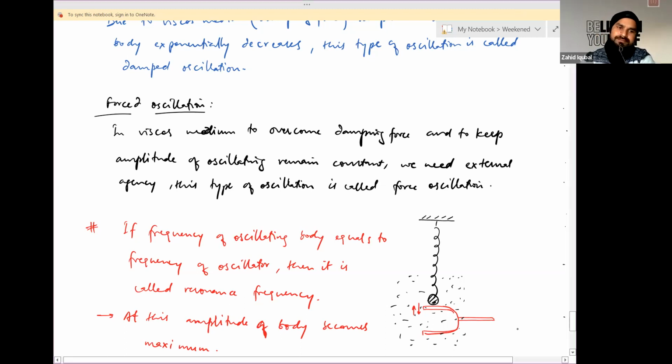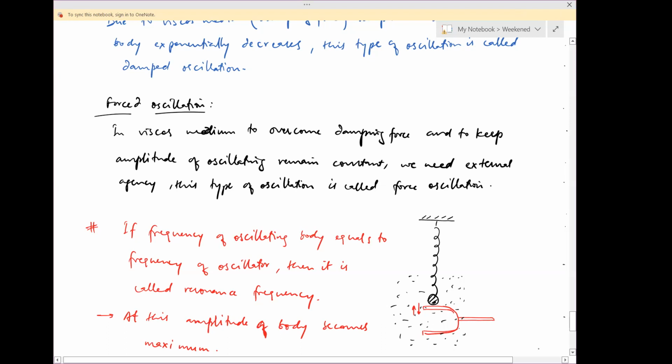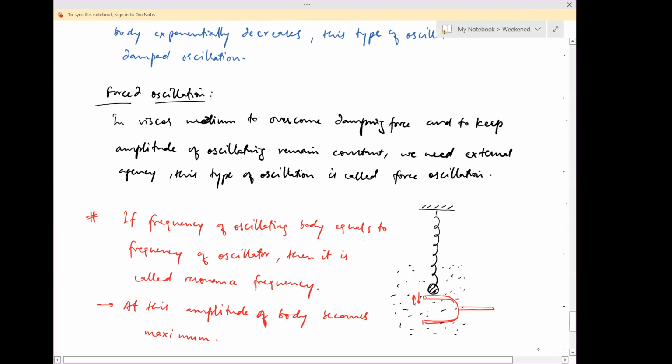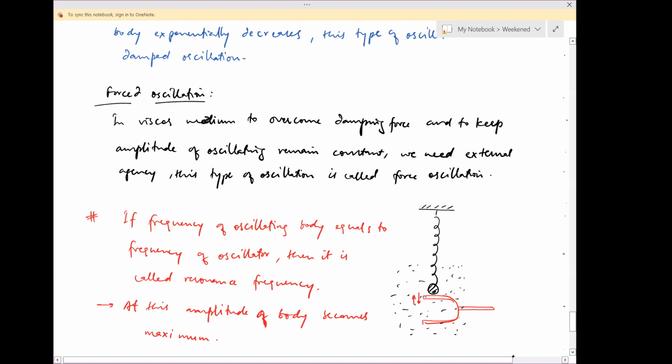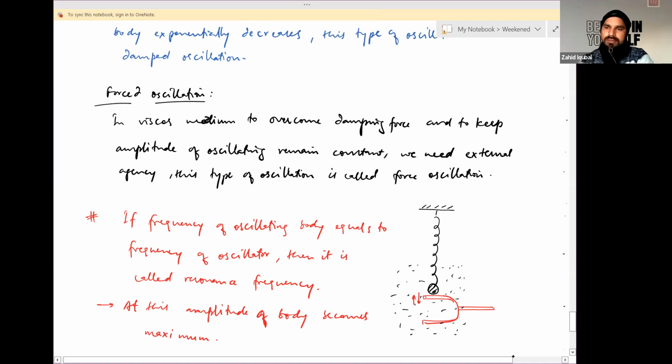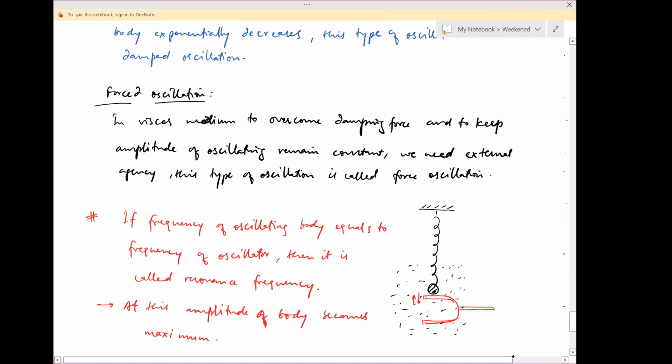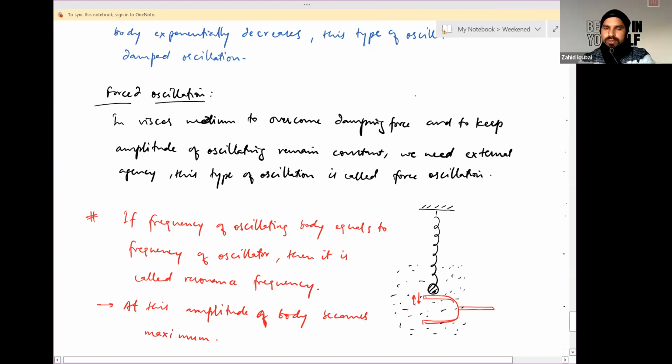Done? Yep, sir. Any doubt related to these different terms? Not yet, sir. Is it clear up to this part? Yes, sir. Okay, so this is all about this whole chapter, simple harmonic motion. So we have just completed it. Next,